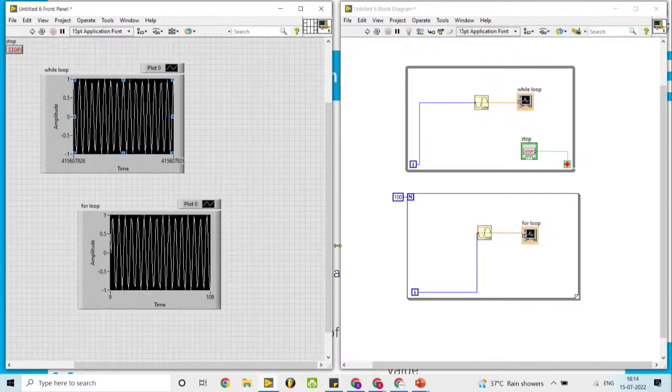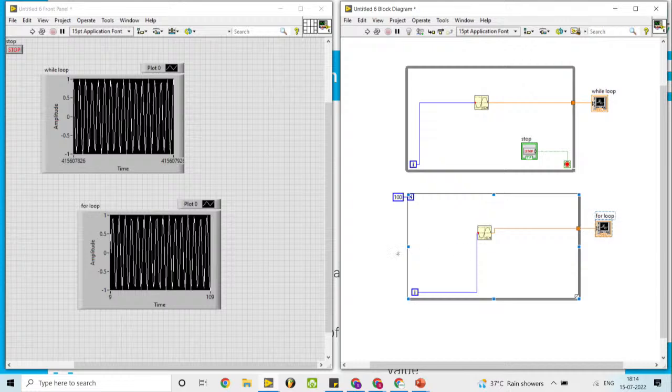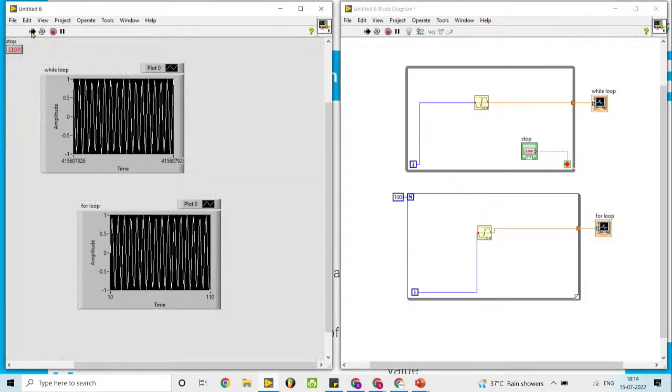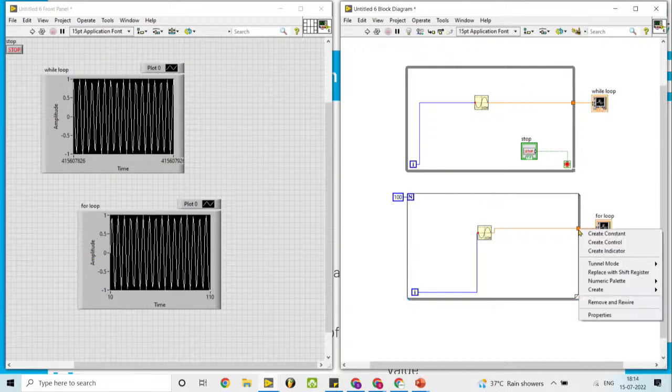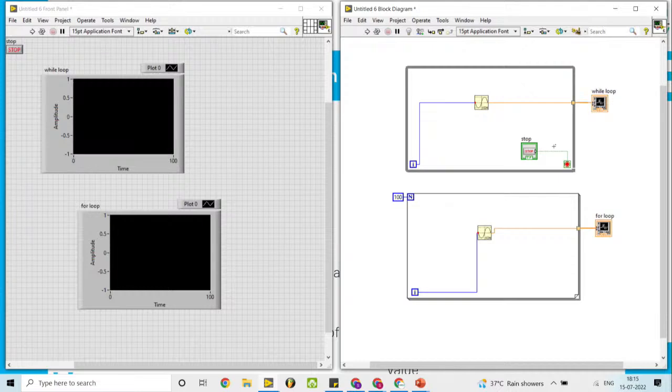Again I stop this. If I place this outside, a tunnel is created. I place this outside, again a tunnel is created. Now if I run this, this is fixed, no change in the value, because the last value is there, 10 to 110. But if I change this, I stop this, and then I make it indexing. Then if we run this,